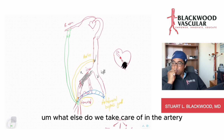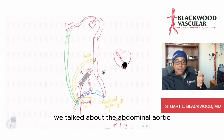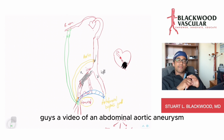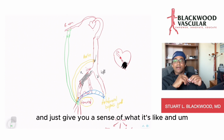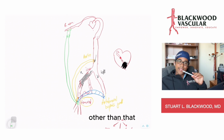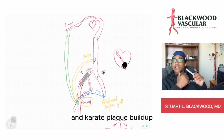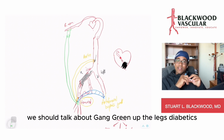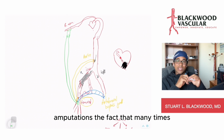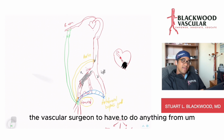What else do we take care of in the arteries? So we talked about peripheral arterial disease, we talked about the abdominal aorta. I'm going to show you guys a video of an abdominal aortic aneurysm that we repaired this week with an open operation, and just give you a sense of what it's like. And other than that, I think we should talk about carotid disease and carotid plaque buildup at some point. We should talk about gangrene of the legs, diabetics, amputations, the fact that many times it's actually the vascular surgeons who have to do anything from,